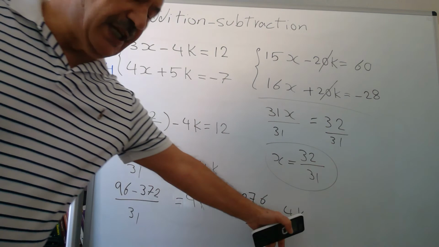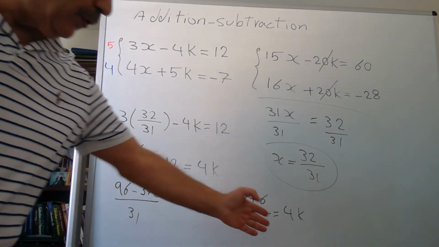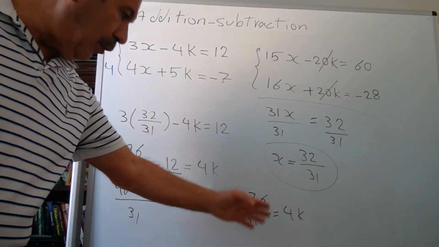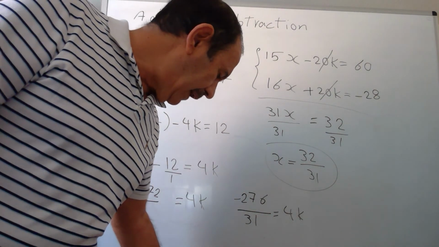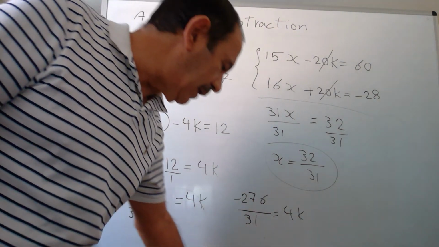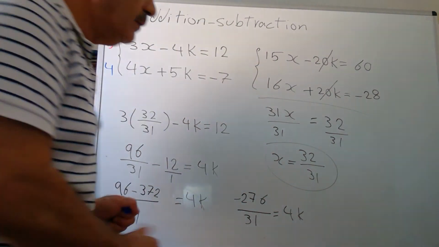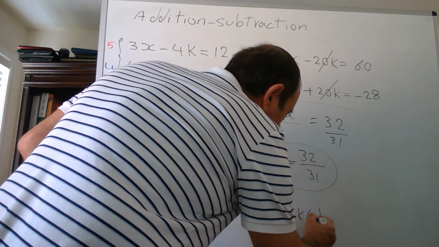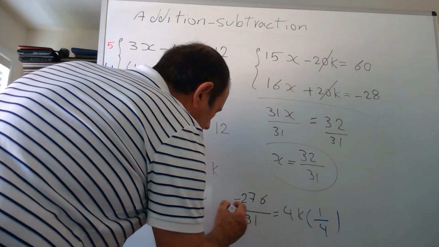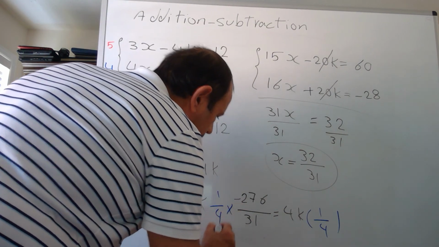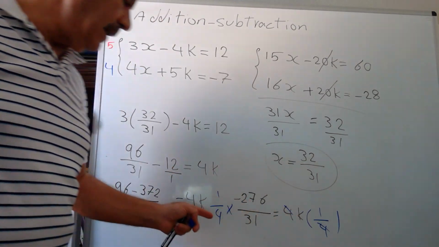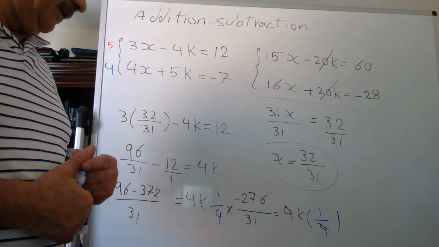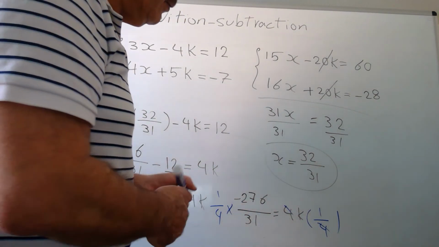Because I'm looking for k, I'm not looking for 4k, if I multiply both sides of this one by 1 over 4, or divide both sides by 4, then this 4 and this 4 cancel each other. I have k here, and what about this one? k is going to be equal to